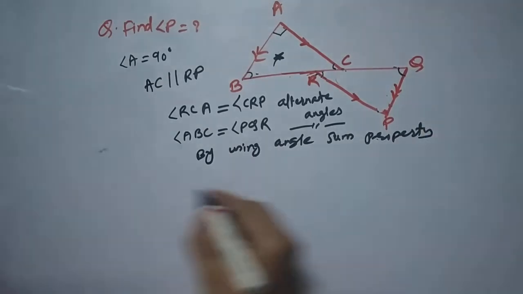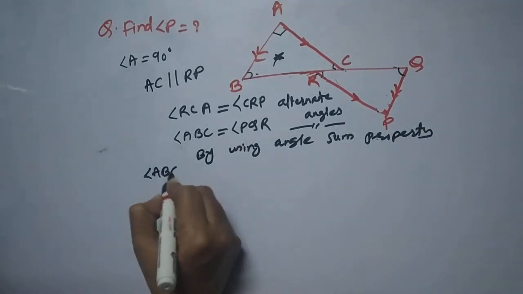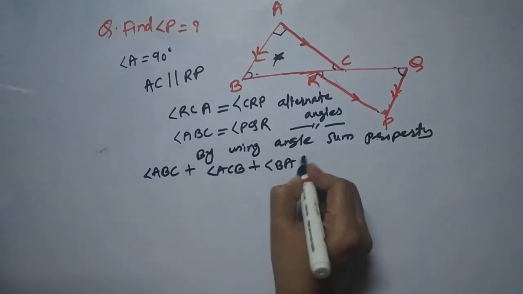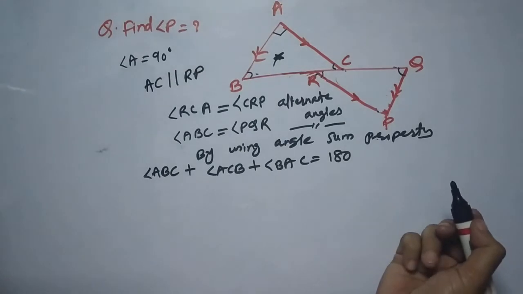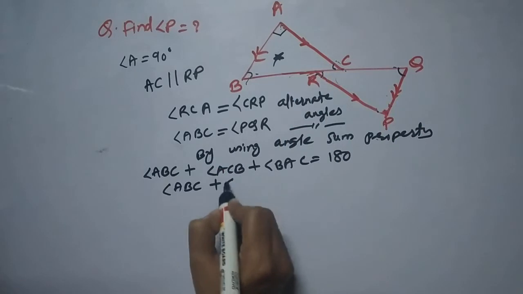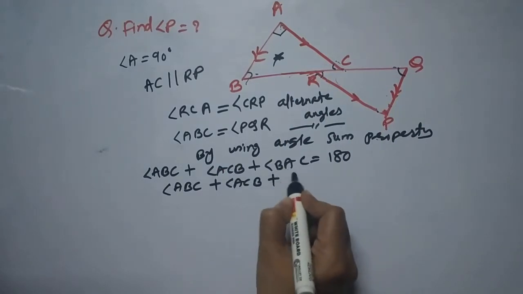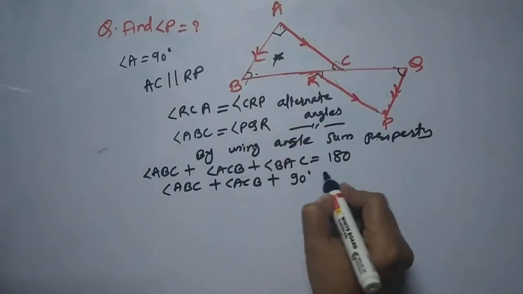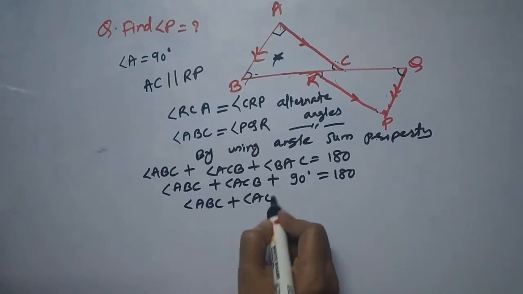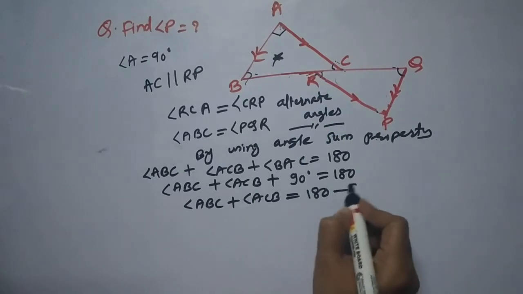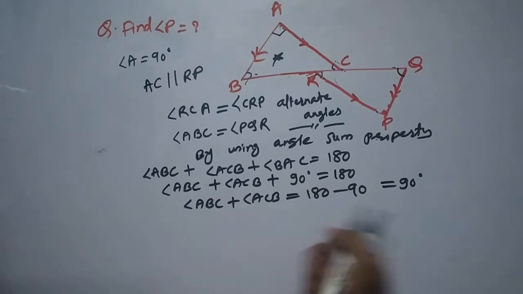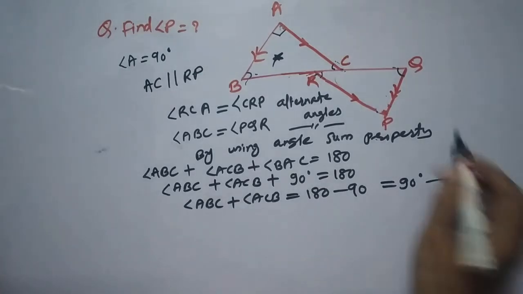We can simply write down angle ABC plus angle ACB plus angle BAC is going to be 180 degree. Simple, friend, we have BAC angle already known. So ABC plus ACB plus this is already given. It is given BAC is what? 90 degree. So friends, write down ABC plus angle ACB is equal to 180 minus 90, which is equal to 90 degree. So friends, we have used this logic here in this triangle.